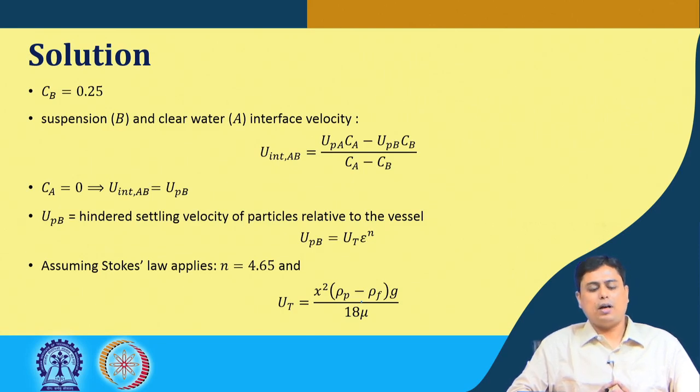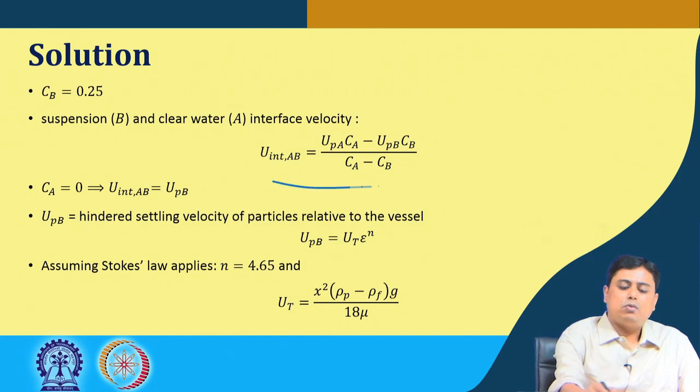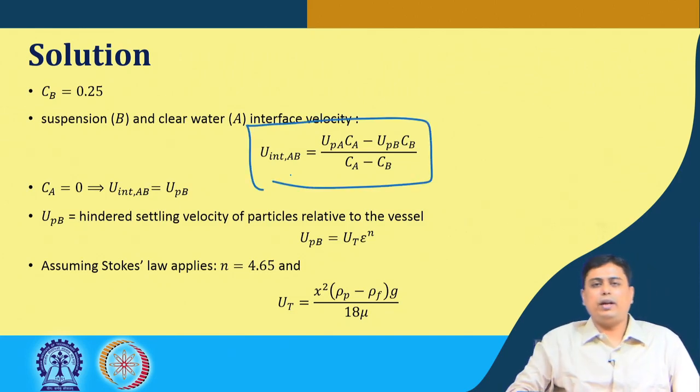How did we get that? If you remember, this was the expression that we derived: UPA multiplied by Ca minus UPB multiplied by Cb, divided by concentration A minus concentration of zone B,